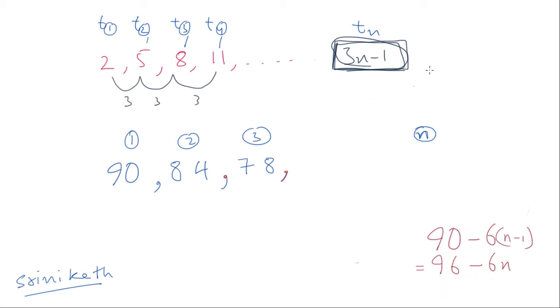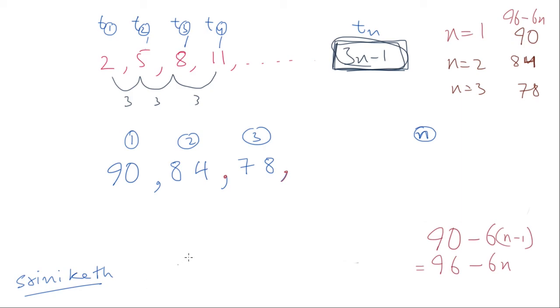When I put n is equal to 1, what do I get? It is 96 minus 6n. I'll get a 90 or not? Yes, sir. So that's good. When n is 2, what do I get? 84. Looks all good. If it is good for 2, it will be good for all. When n is equal to 3, what is it? 78. So bingo, he got it. So Sriniket, your chocolate goes to Aditya. Aditya, remember you have to get a chocolate from Sriniket, okay?